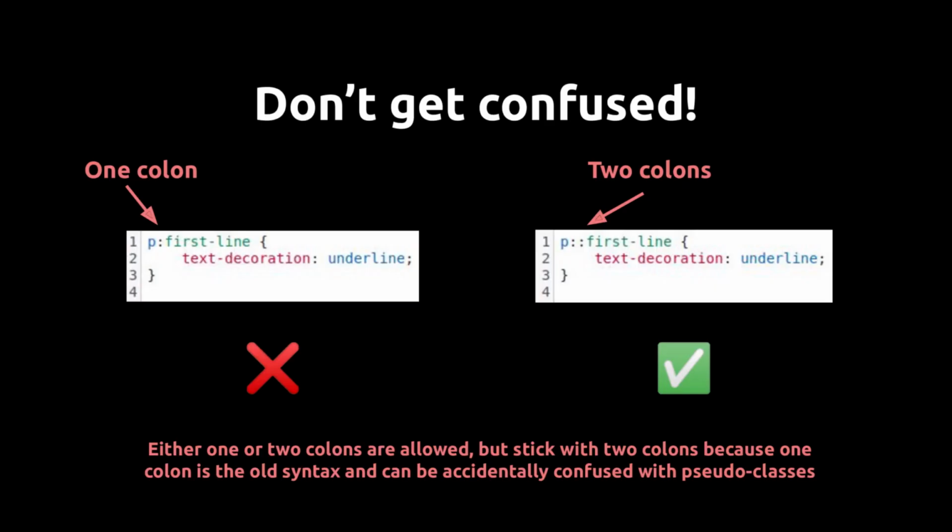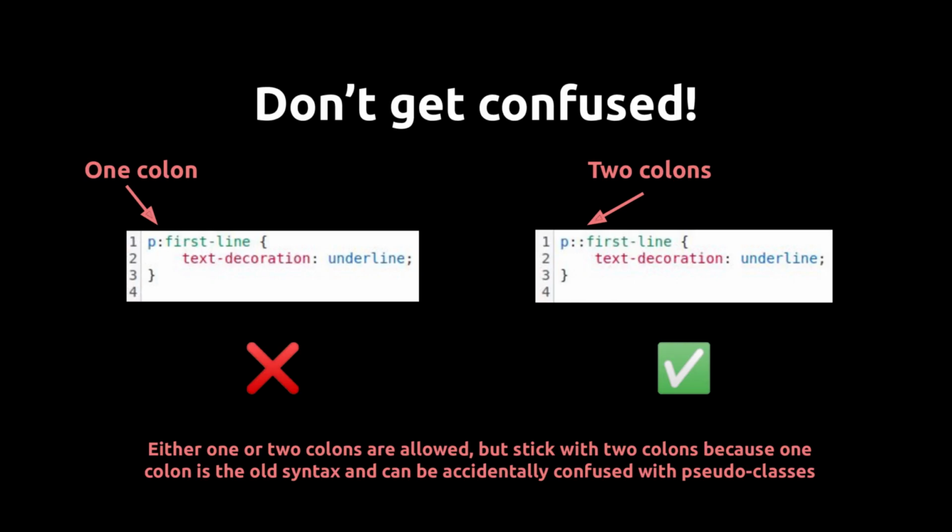Now there's one thing I want to point out before we start trying out a bunch of pseudo-elements together. Occasionally, as you look at other people's code and examples on the internet, you'll notice pseudo-elements with only 1 colon instead of 2. Originally, pseudo-elements were allowed to have 1 colon instead of 2, so they still work like that in most browsers. But nowadays, the formal specification says that there needs to be 2 colons, so always try to